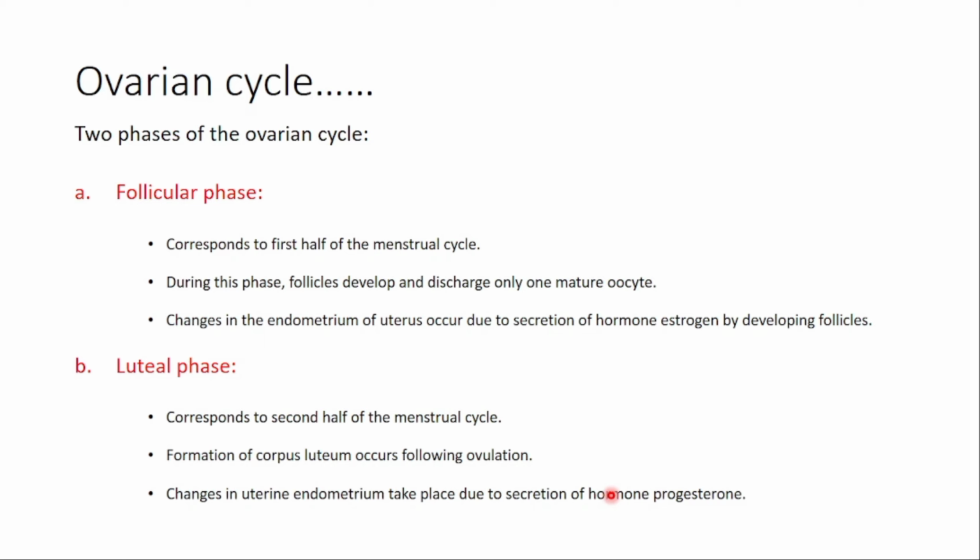The ovarian cycle basically has two phases, the follicular phase and the luteal phase. The follicular phase corresponds to the first half of the menstrual cycle, and during this phase, follicles develop and discharge one mature oocyte into the fallopian tube. And changes in the endometrial wall of the uterus during this phase occur due to secretion of the hormone estrogen